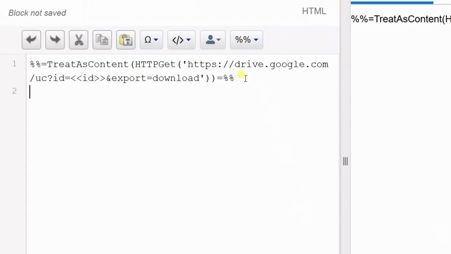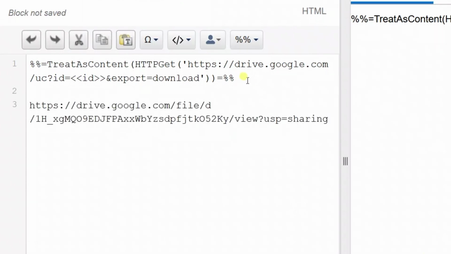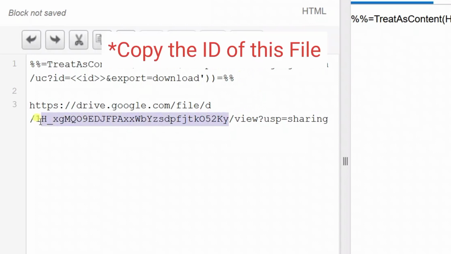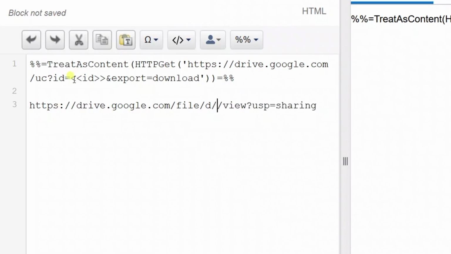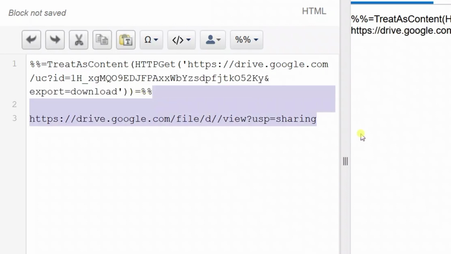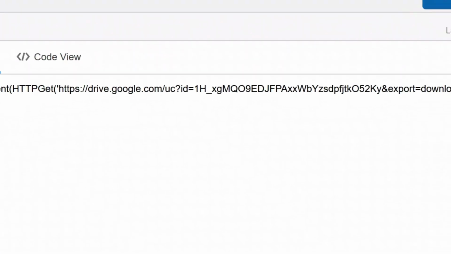Now let's place our copied file location in the next line and copy the file ID of this link. The file ID will start after the d slash and end before the next slash. Now let's copy this ID and place it in our AMPscript. And we are good to delete the remaining URL. Now publish this Cloud Page